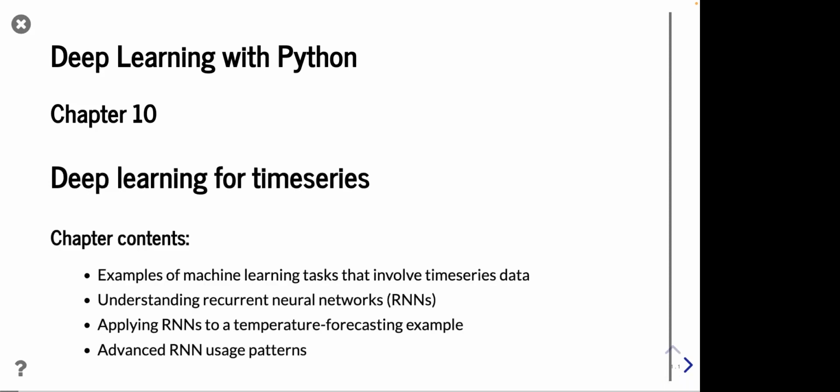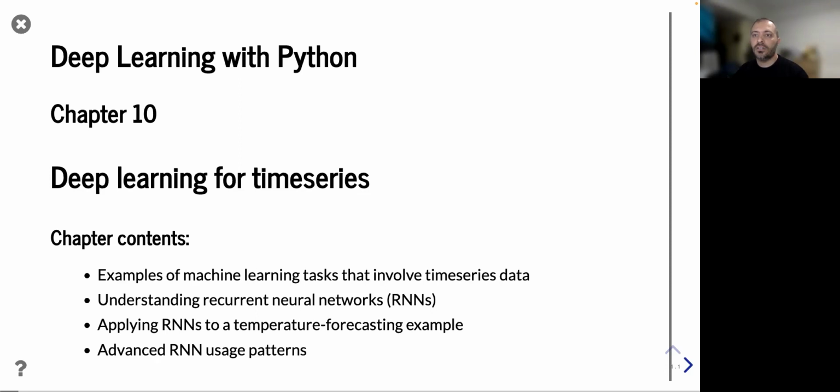So let's start with the contents of the chapter. First of all, we will see some examples of machine learning tasks that involve time series data. And we will try to understand what recurrent neural networks are and how they work. Then we will try to apply some RNNs on a specific task of temperature forecasting example. And then we will see some advanced RNN usages patterns. So let me also start the video so that you can see me